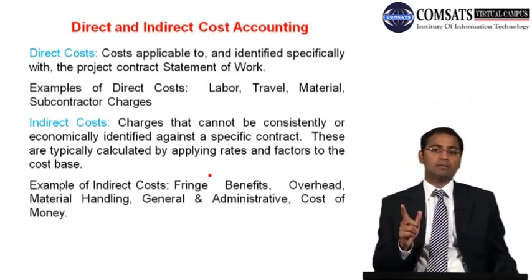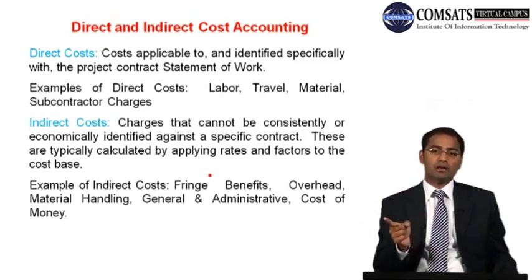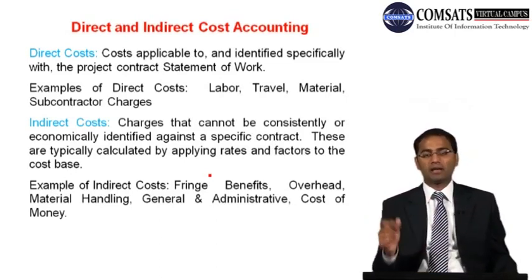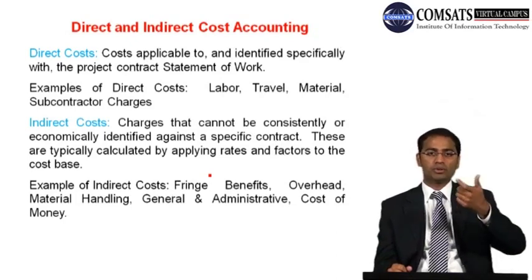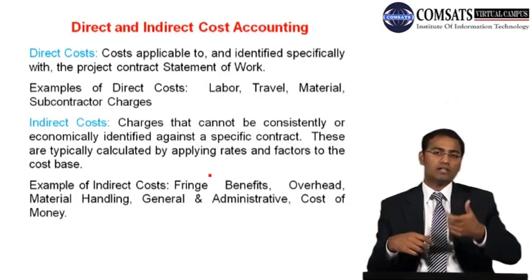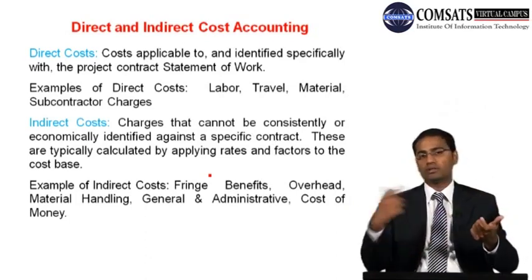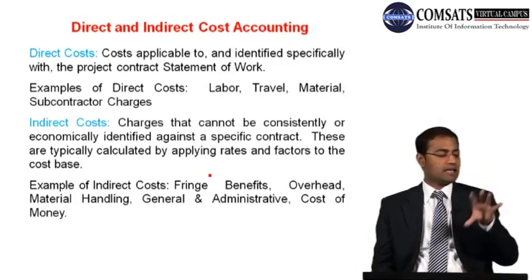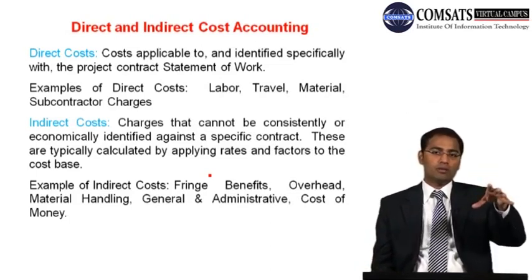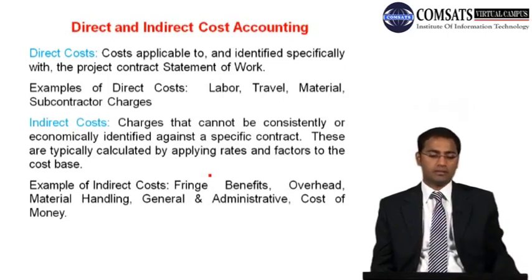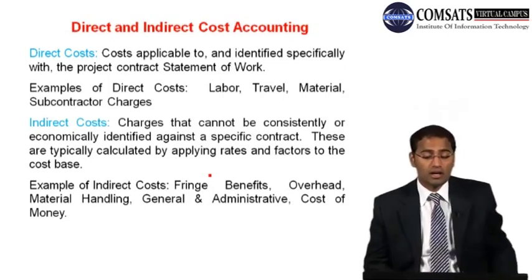अब जो 4,000 रुपये आपने निकाला ये डायरेक्ट कॉस्ट है, क्योंकि वो चारों बंदे इसी प्रोजेक्ट पे काम कर रहे हैं। और अगर यही 4 बंदे 2 प्रोजेक्ट्स पे काम कर रहे हैं तो अगेन उनकी जो एफर्ट होगी, आधा टाइम वो इस प्रोजेक्ट को दे रहे हैं, आधा टाइम इस प्रोजेक्ट को दे रहे हैं, तो 2000 की जो कॉस्ट है वो इस प्रोजेक्ट नंबर 1 की है और 2000 रुपये प्रोजेक्ट नंबर 2 की है। तो इसको तो आप कैलकुलेट कर सकते हैं और आप कह सकते हैं जी ये प्रोजेक्ट नंबर 1 के ऊपर डायरेक्ट कॉस्ट इसकी 2000 है और प्रोजेक्ट नंबर 2 के ऊपर इन रिसोर्सेज की डायरेक्ट कॉस्ट 2000 रुपीज है।